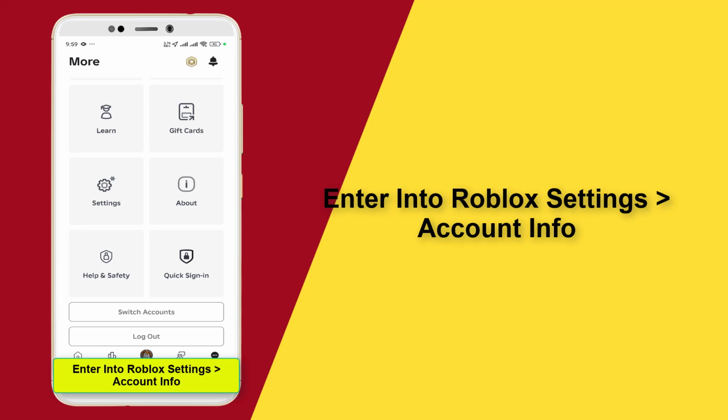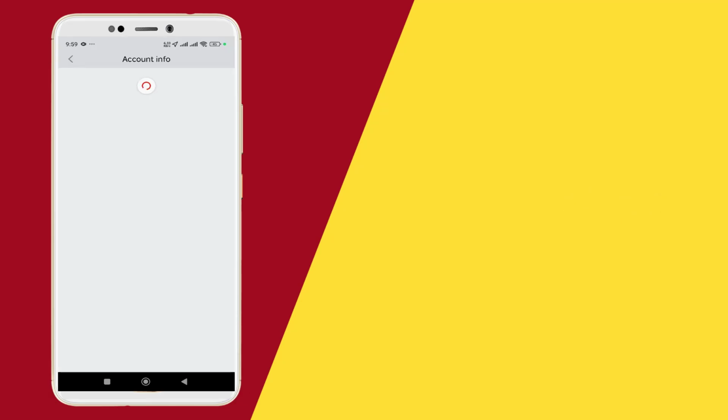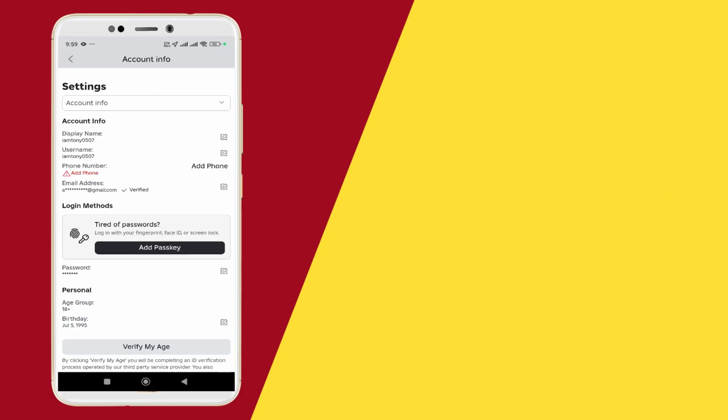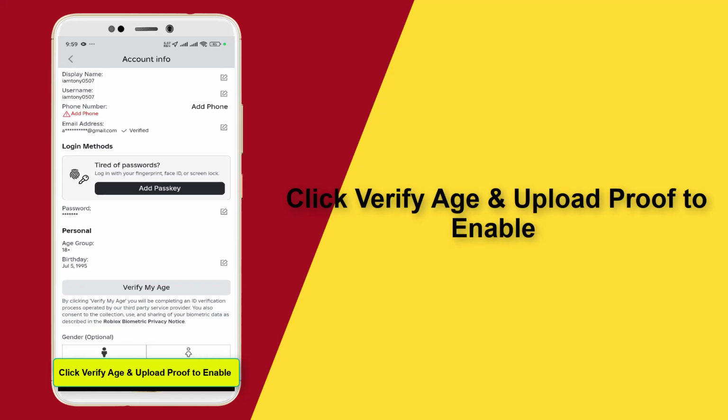To verify your age, you need to enter your Roblox settings, and then enter Account Info. On the account info page, just scroll down, and below the birthday it shows "Verify my age". Just press Verify your age and